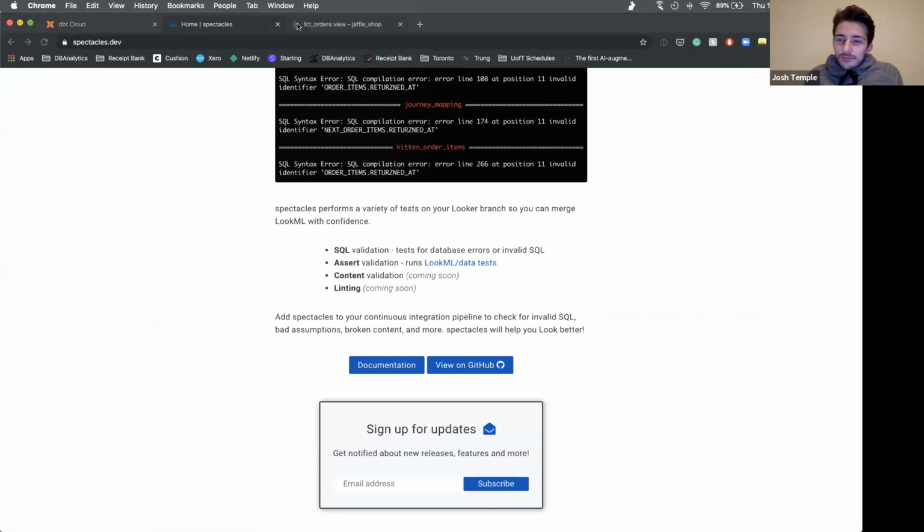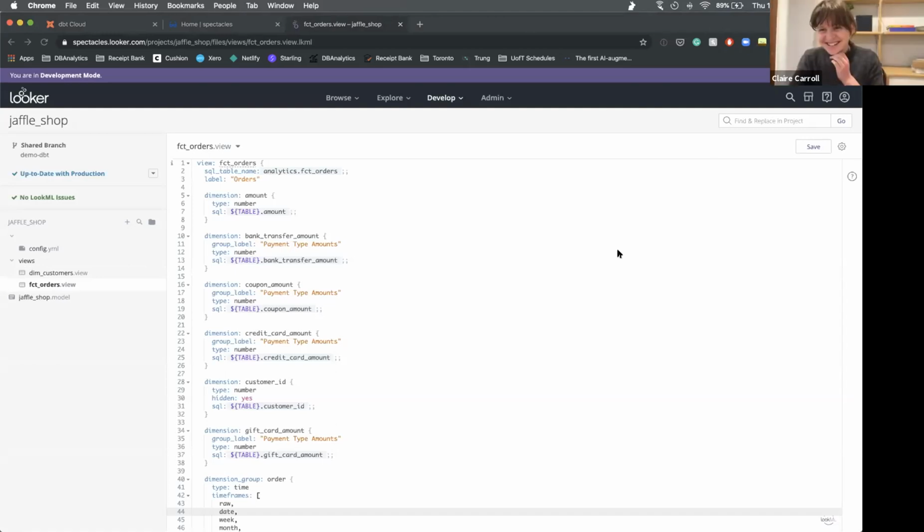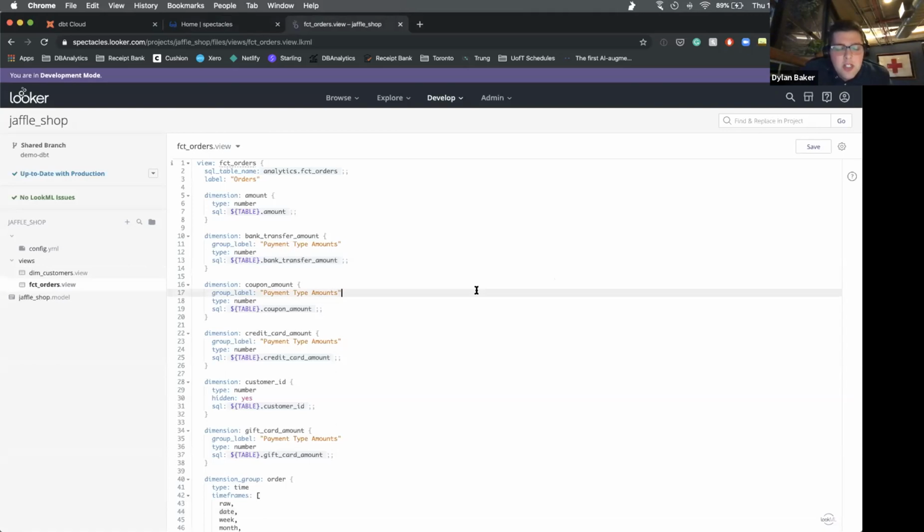So I too use Shop for the demo that we're showing today, mostly to make Claire I'm going to use it too. But I'm going to talk a bit about this tool that we built on top of Looker. Given that everyone from the community has dbt in common, but not necessarily Looker, I thought I'd briefly talk about what Looker does, which will provide some context. The testing does very much relate to what happens in dbt, but a bit of context of Looker is probably required to understand what's happening.